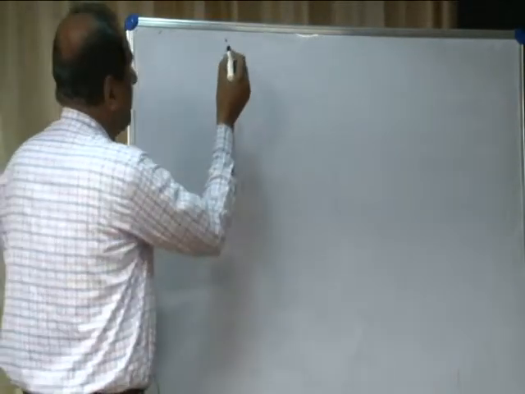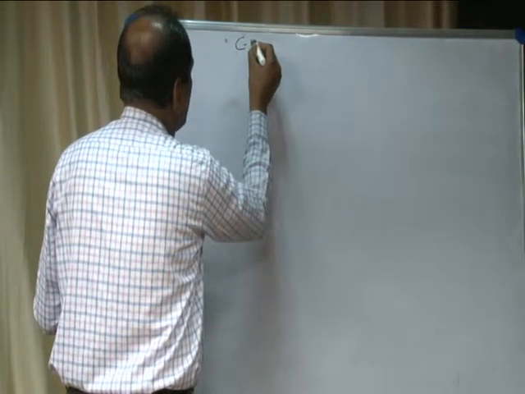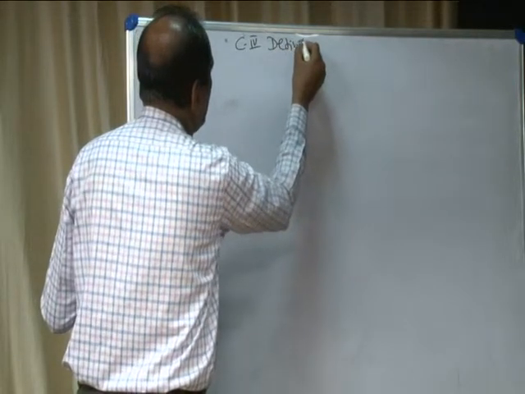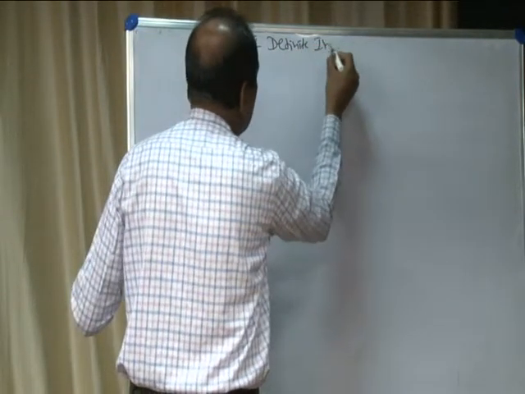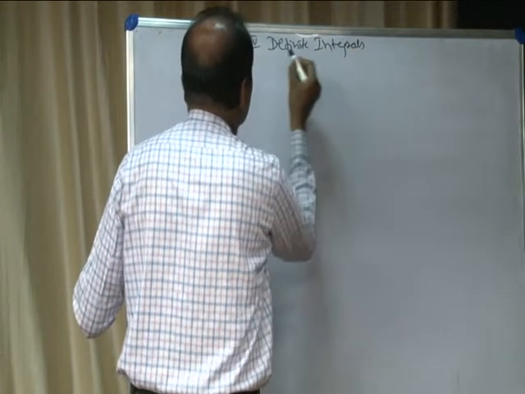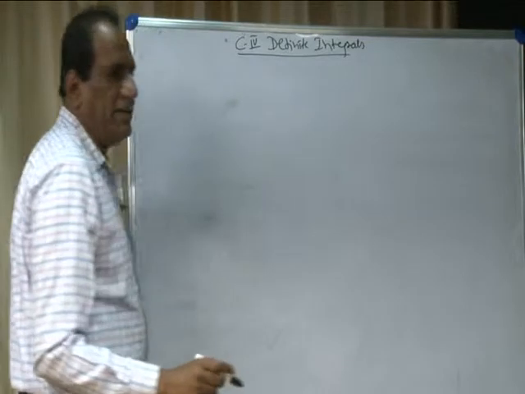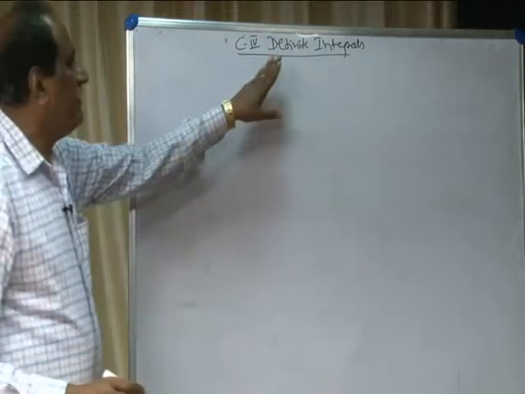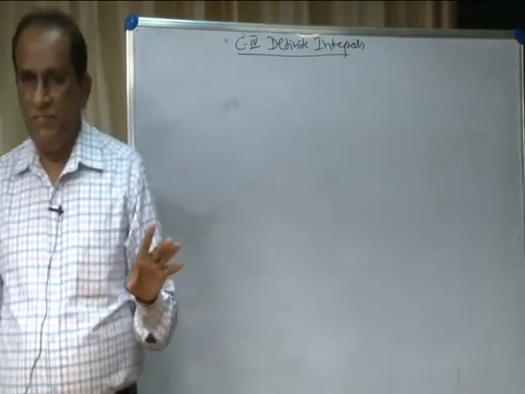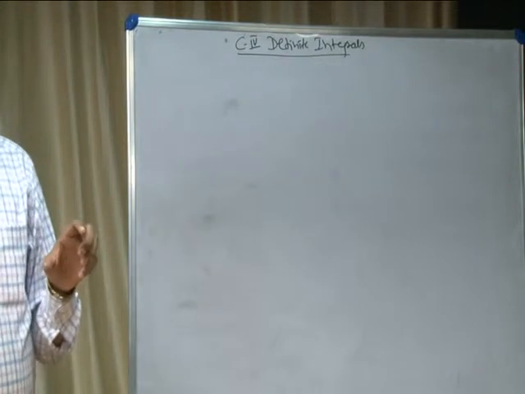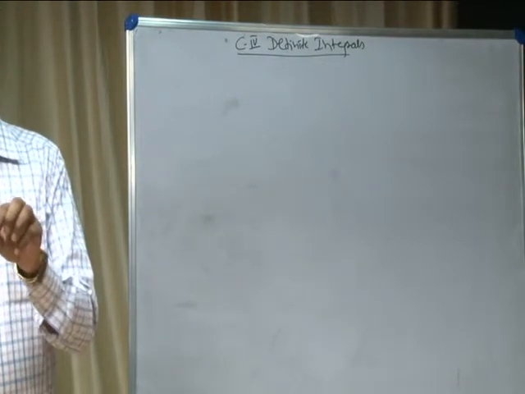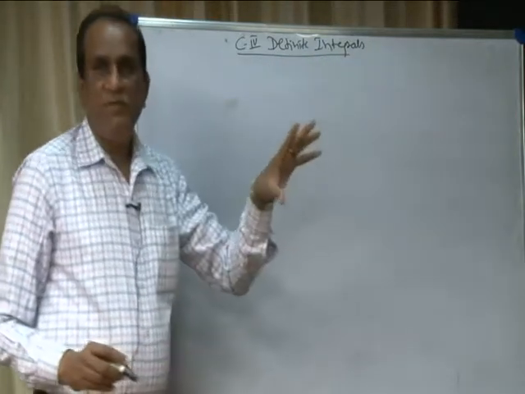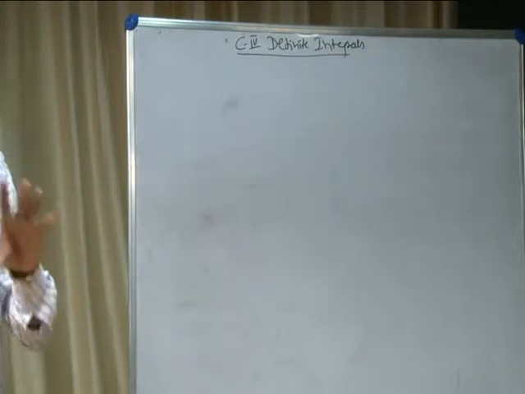Now the next chapter, that is definite integration or definite integrals. See here, the name itself indicates a definite integral, the value is definite. So there is no need of writing C after integration. In the last case, indefinite integration, the name itself says indefinite, the value is indefinite, therefore write C. Here, definite integral means the value is definite, so no need of writing C after integration.